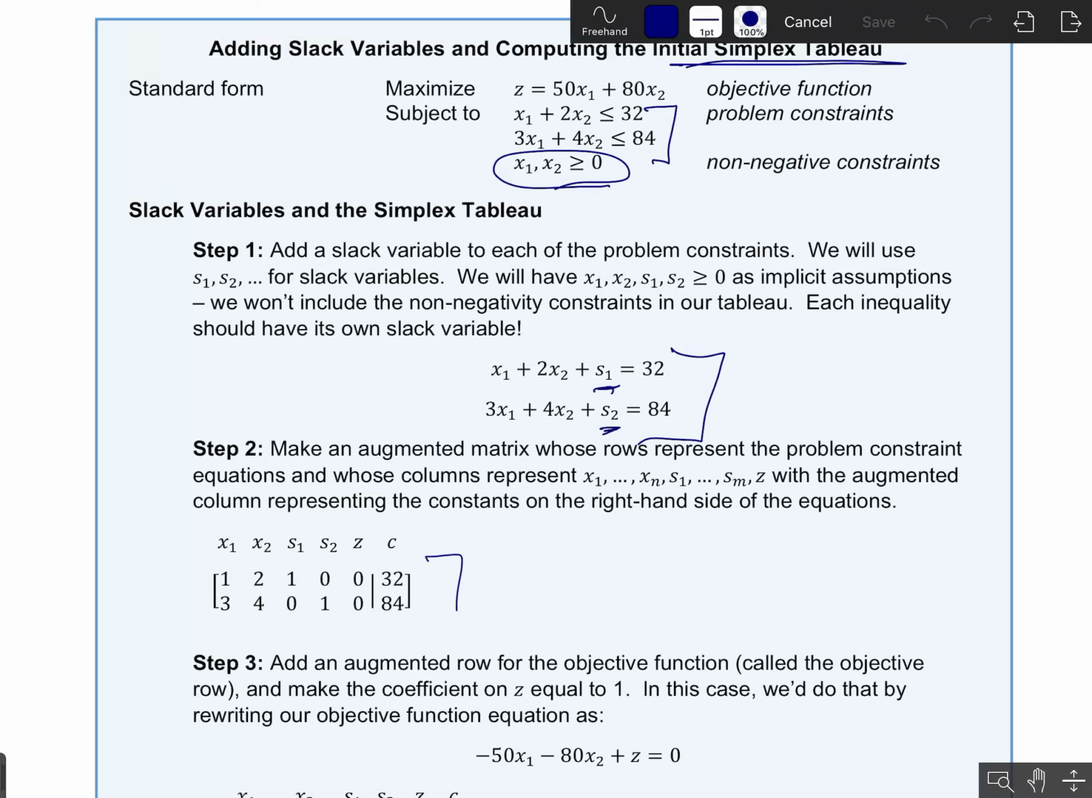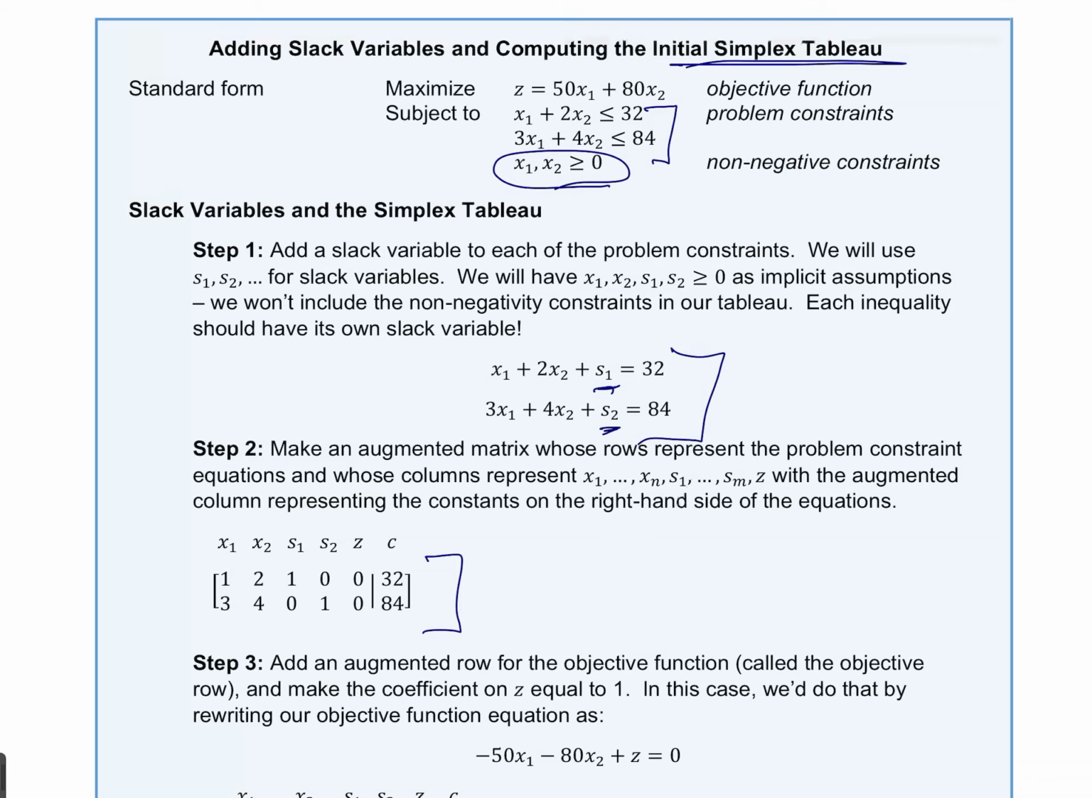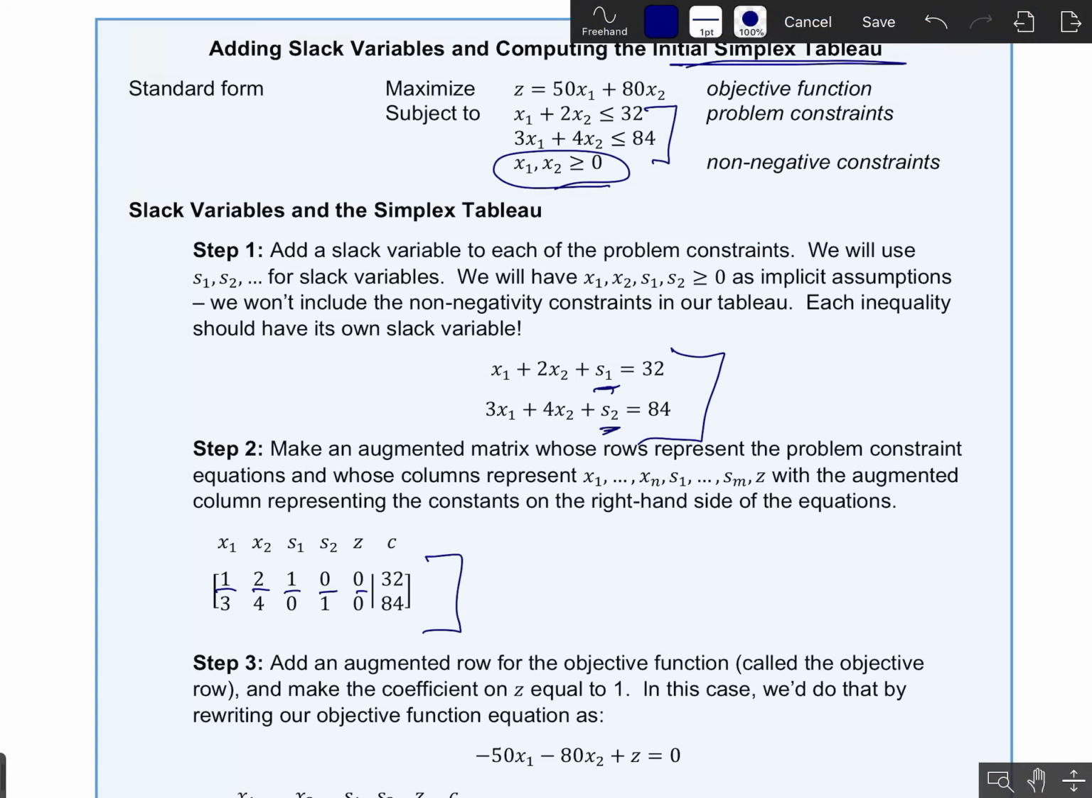Step 2 is to translate those equations that we have up here into corresponding rows in an augmented matrix. This is exactly the same as what we would do for solving systems of linear equations. So the translation method is exactly the same. You just record the coefficients on each of the variables. But here,